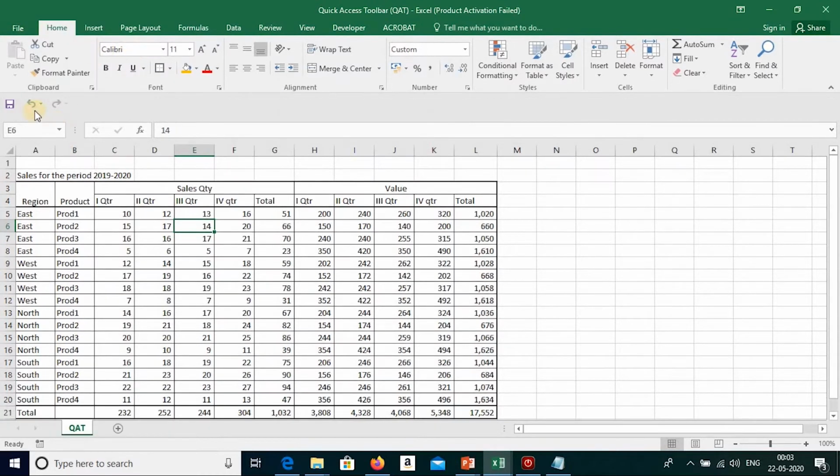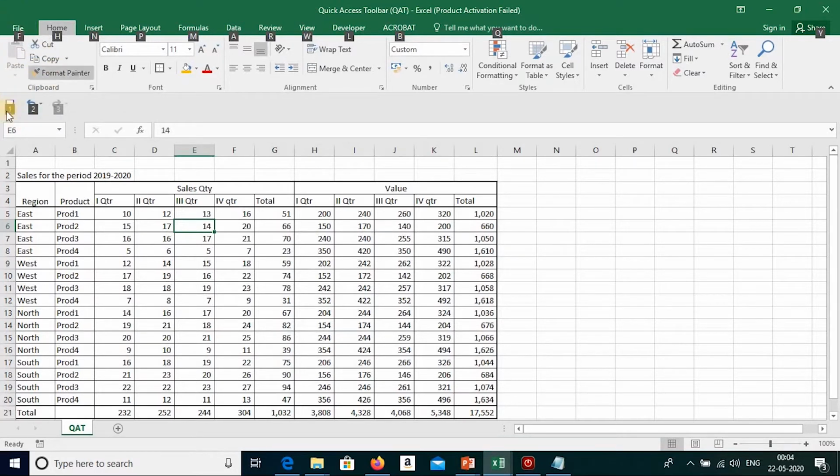Now when I press Alt, you see the Quick Access Toolbar has come below the ribbon, right? So who should be using below the ribbon? The persons who are frequently using only the mouse, not the keyboard, right? For them, the access will be easy. For the keyboard guys, it is better if it is at the top.